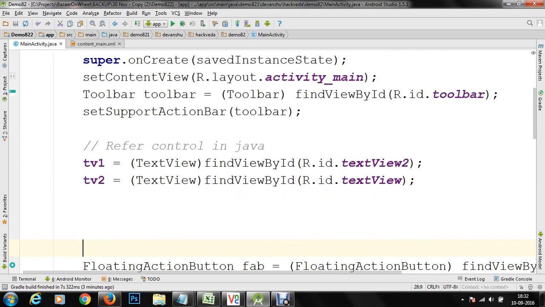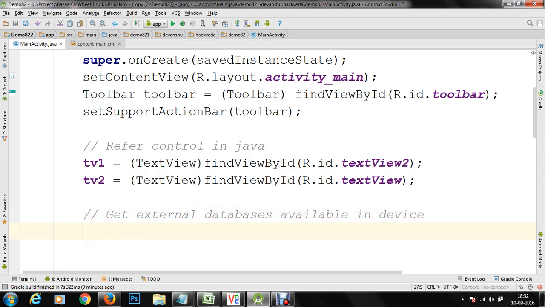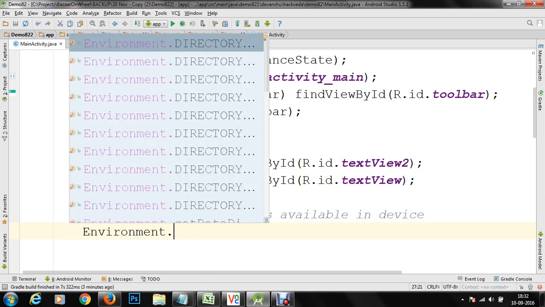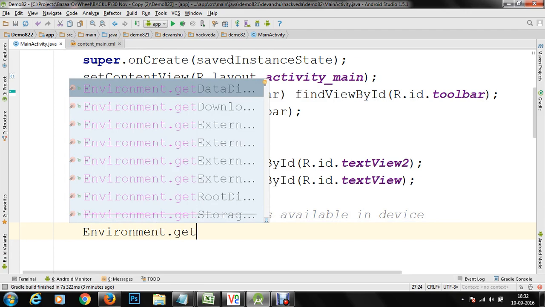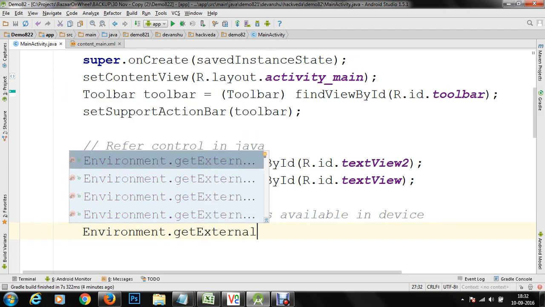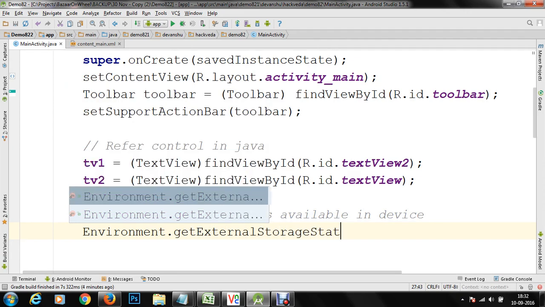So finally, I'm done with the reference of the controls, and next I'm going to get the external storage available in the device. To do that, I'm going to make use of a class Environment, and within this I'm going to execute the method getExternalStorageState.